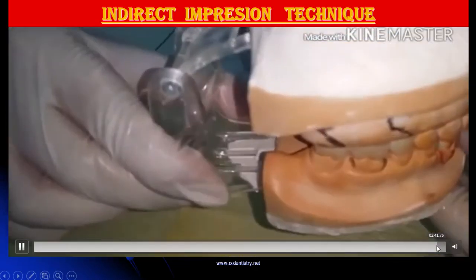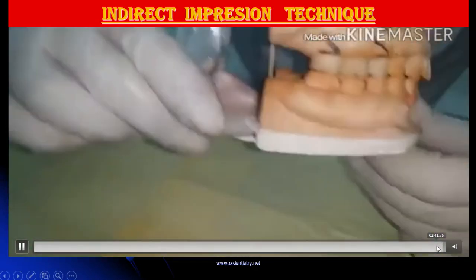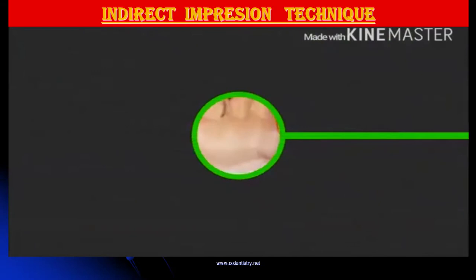اوكي، تشيك الاوكلوجن مضبوط، تشيك الاوكلوجن مضبوط يطلع. اوكي،